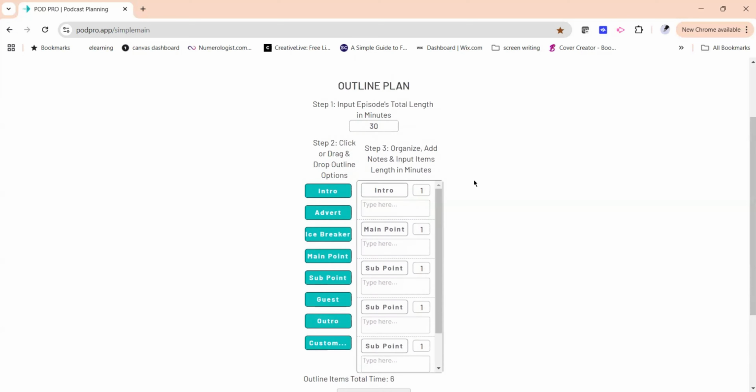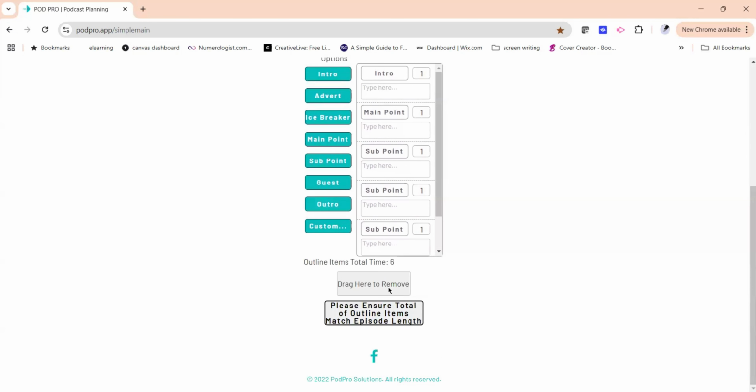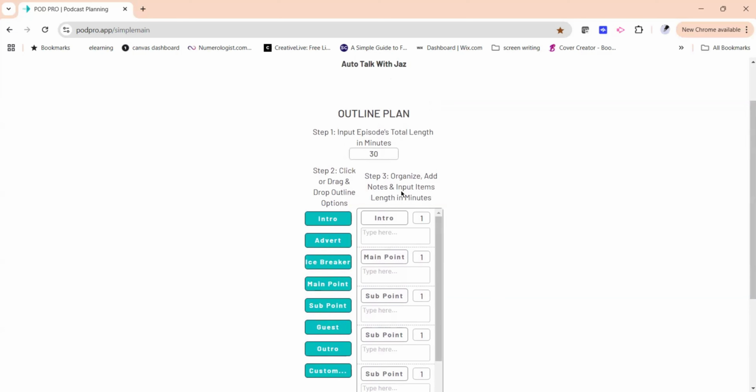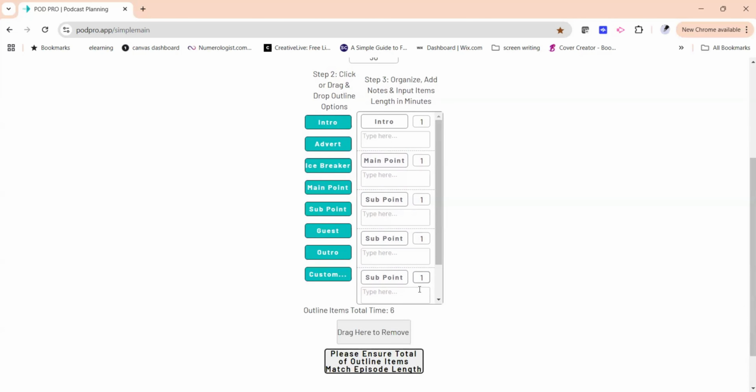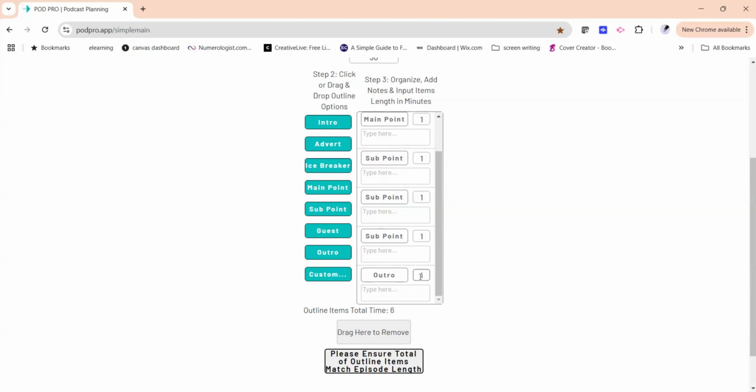The thing that I do like about this is if I try to come here and click on it, it won't allow me to move forward because you're not at 30 minutes yet. You're only at 6 minutes. So what you can do is you can come up here and say, okay, this is 5 minutes. I usually put both of these as 5 minutes. So now you're at 14. You're still not able to